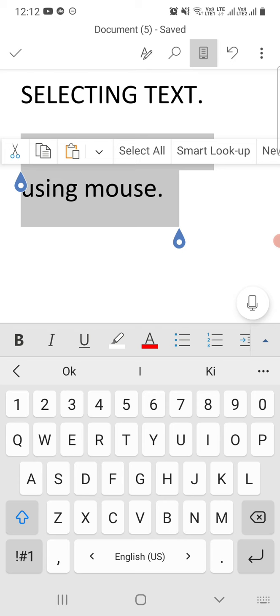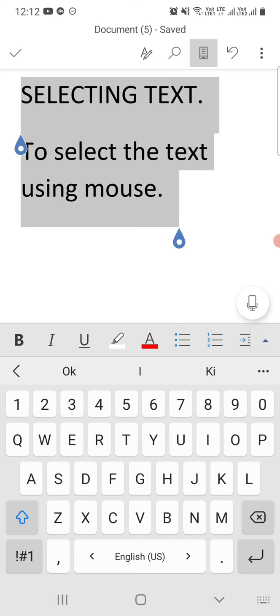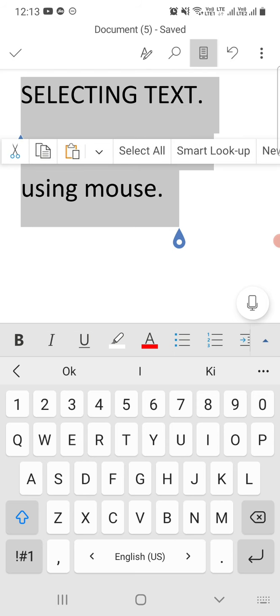Triple click anywhere in the paragraph. Okay, if you are using your keyboard or your computer, you can triple click on a paragraph to select the whole paragraph. Now in here you have to choose by your hand, select the text and drag your mouse pointer to select the whole text. Okay, next, this is for selecting text.